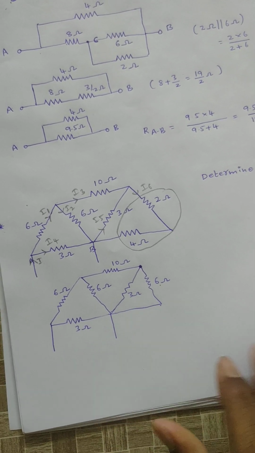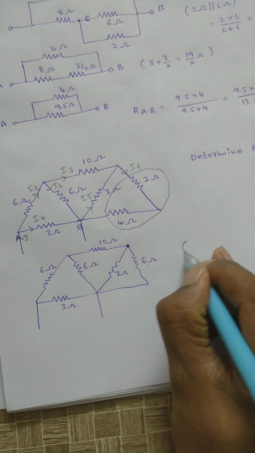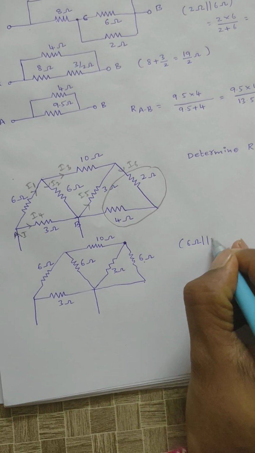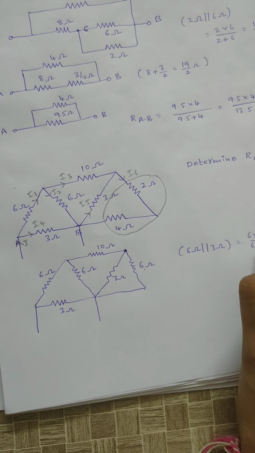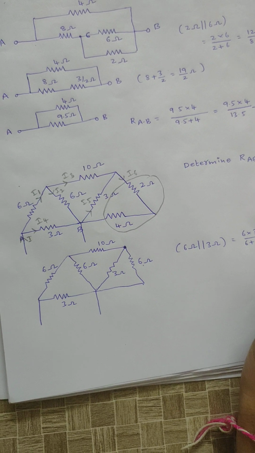Then 6 and 3 ohms are connected in parallel. When 6 ohm in parallel with 3 ohm, 6 into 3 by 6 plus 3, you will get 2 ohms,